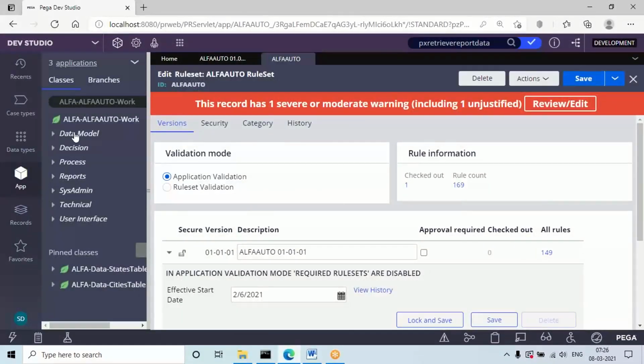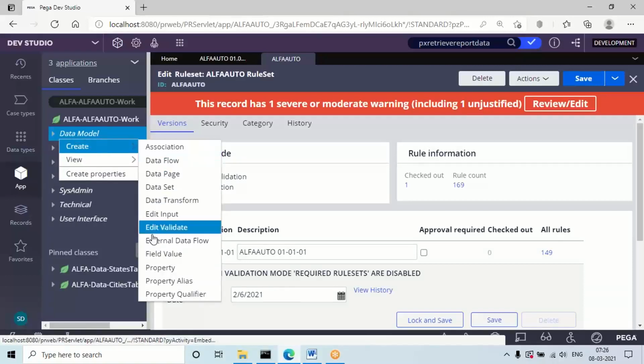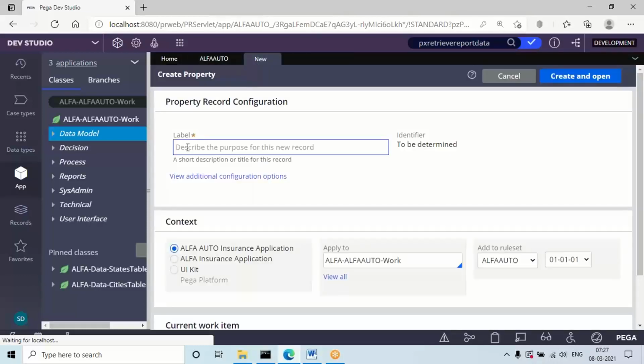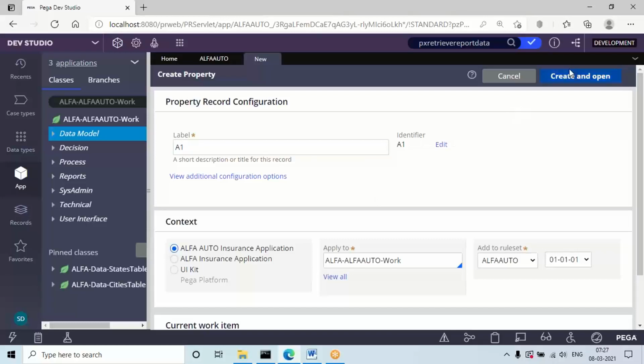First of all, in the work class group, version 2, I'm going to create one property. Any name you can give, no worry. Open this. Currently I'm selecting version 2.